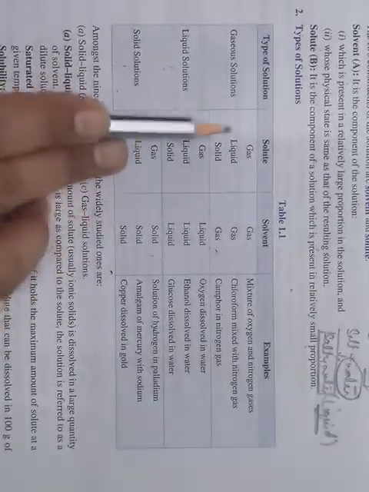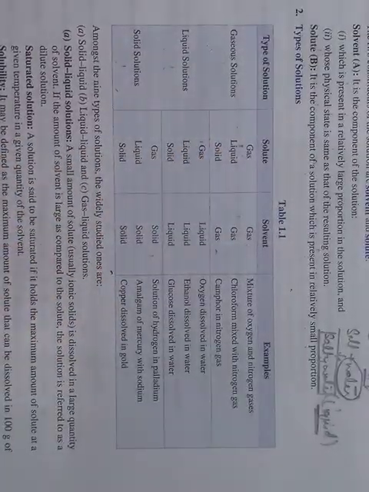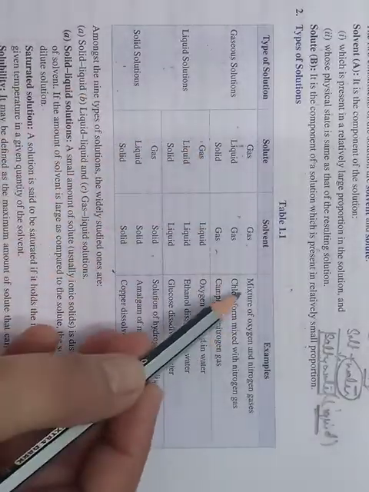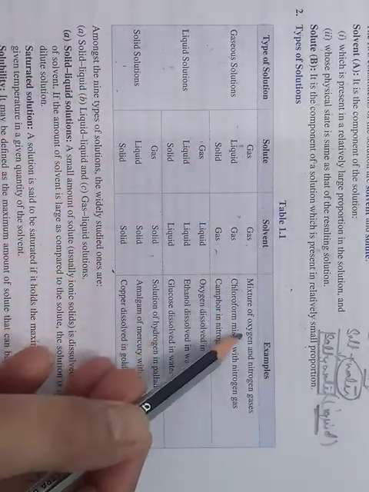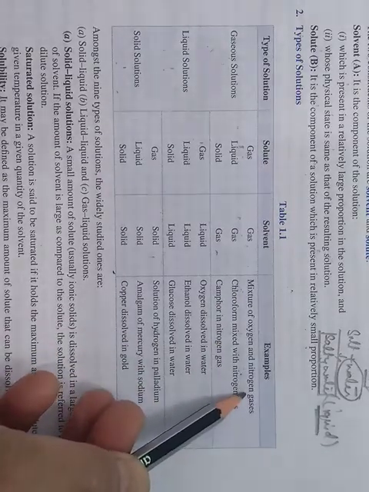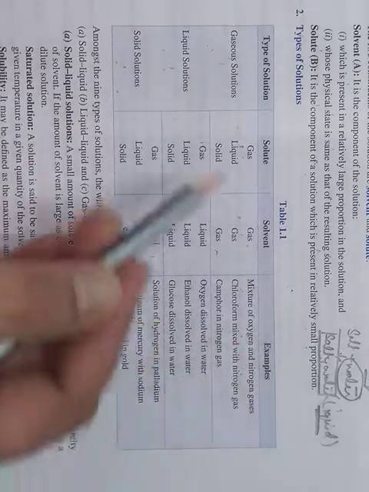Now solute can be of different varieties, like gas in gas, meaning the solute is gas and the solvent is also gas. It is like atmospheric air. Air is a homogeneous mixture of gases, where nitrogen is present in the larger quantity whereas the other gases are present in lesser quantity. The example is almost of the same kind, the mixture of oxygen and nitrogen gases, in which nitrogen is the solvent and oxygen is the solute, because oxygen is present in comparatively lesser amount.